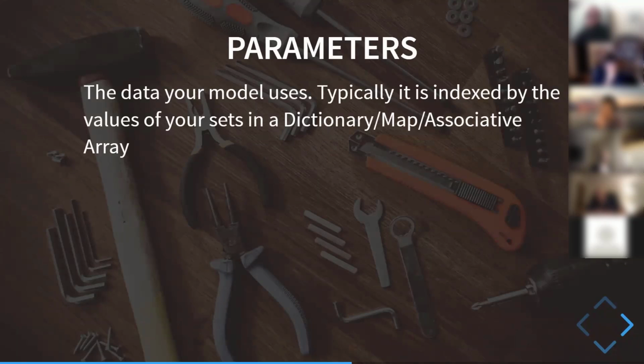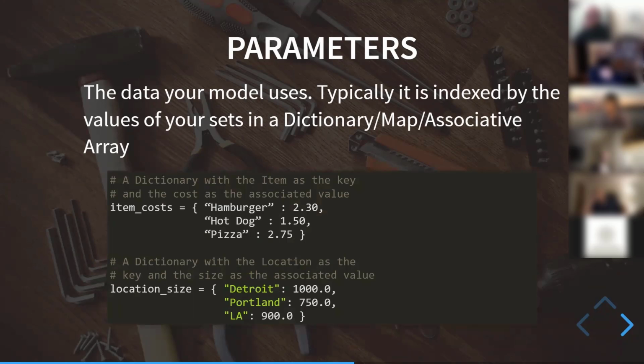And we have parameters. These are the numbers that actually go into the model, so things like costs or revenue per animal or amount of land per animal. It's typically stored in either a dictionary or a map, an associative array, whatever it is in the programming language you're using. In Python, it looks like this. But sets are those values that we index our data by. The parameters are stored in dictionary-like data structures that we can easily index into, because it's going to allow us to create models which scale very easily with the amount of data.